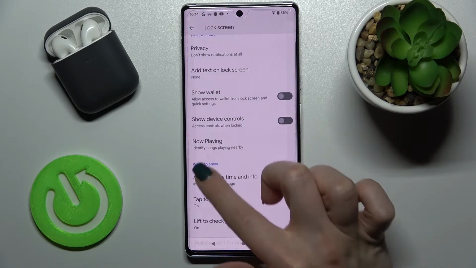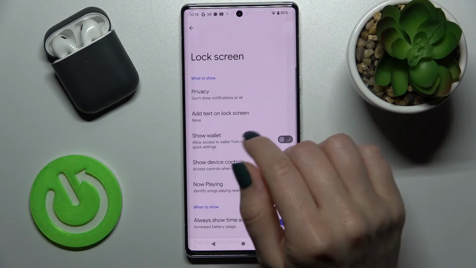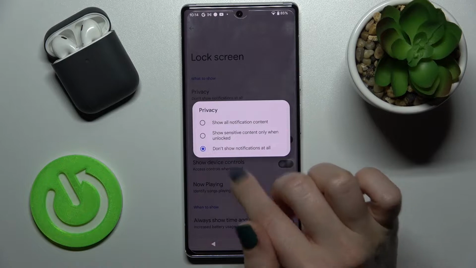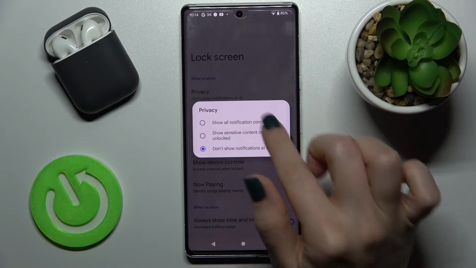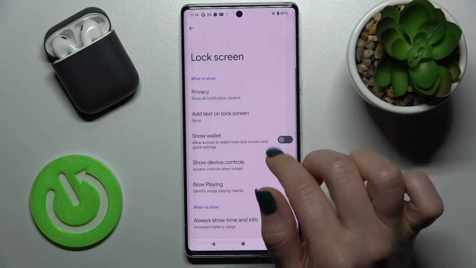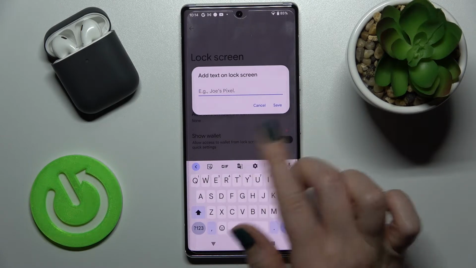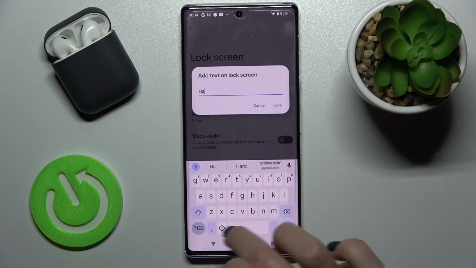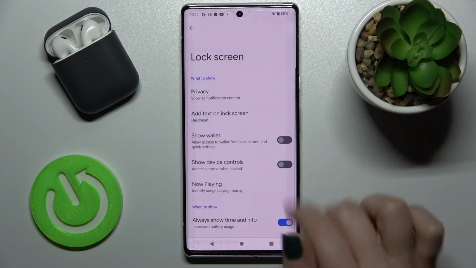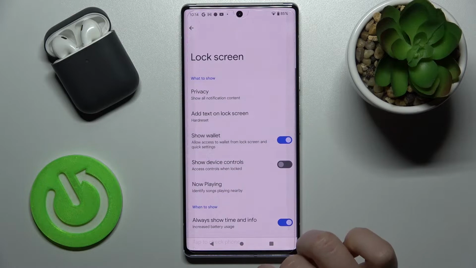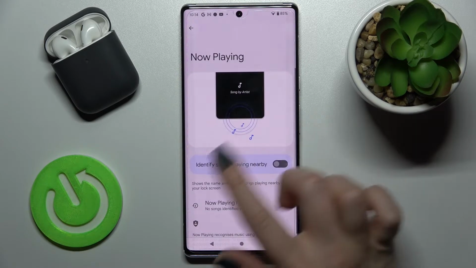Here, as you can see, only the always on display option is enabled, and here we can add an AOD option to show all the notifications that we get on our device. Also, we can add text on our lock screen. For example, we'll enter "hard reset." Just tap to save. Here also you can show the wallet, show the device controls,